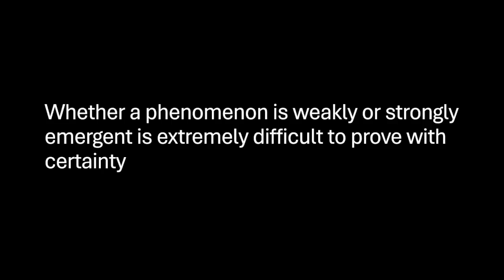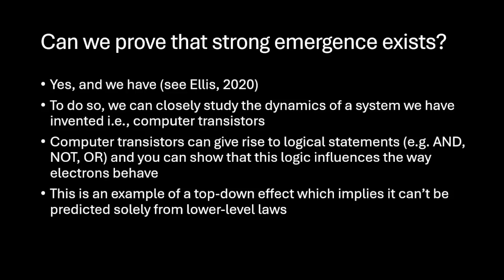And how you do this is you show that this new phenomenon has a downward causal effect upon its constituents. And what this implies is that it's impossible for you to use the fundamental physics to work your way upwards to that phenomenon because the fundamental physics themselves have been altered. I should make a note that some philosophers or scientists have argued that it makes more sense to posit that a phenomenon is strongly emergent and then attempt to falsify this. But at the same time, you can actually definitively prove that something is strongly emergent.